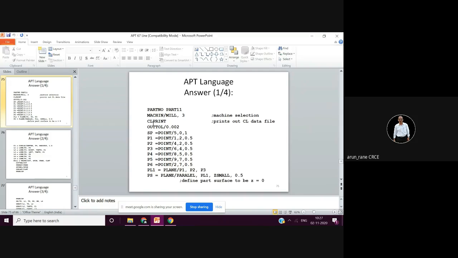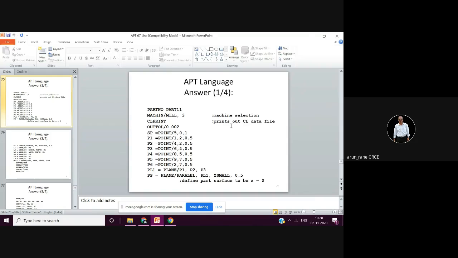Then these are your geometry statements. Here you are giving the comments.